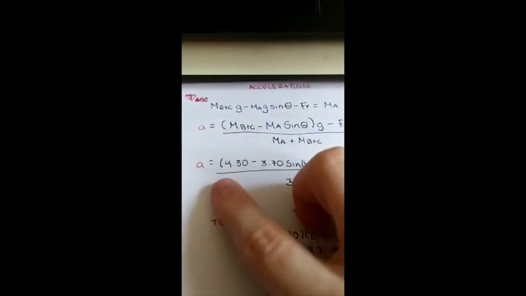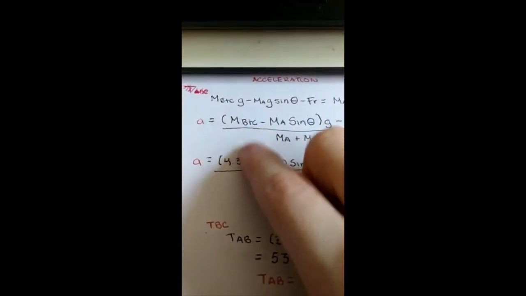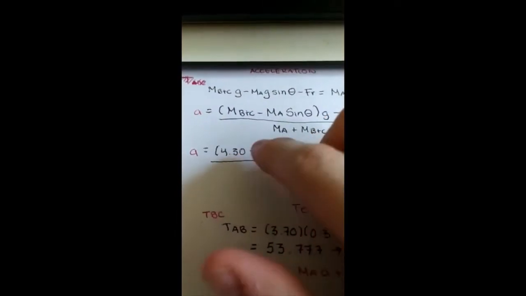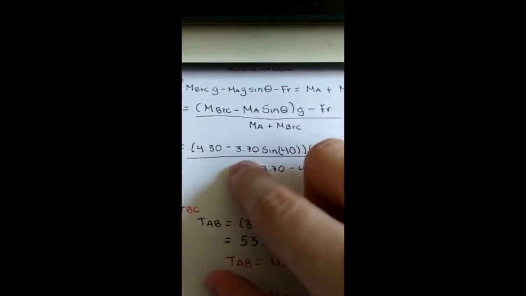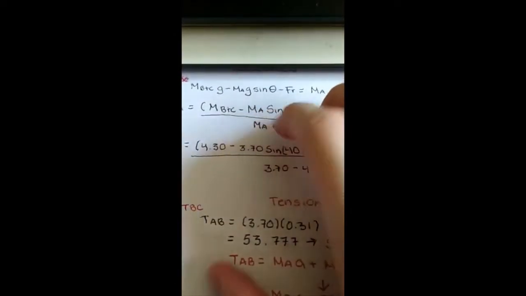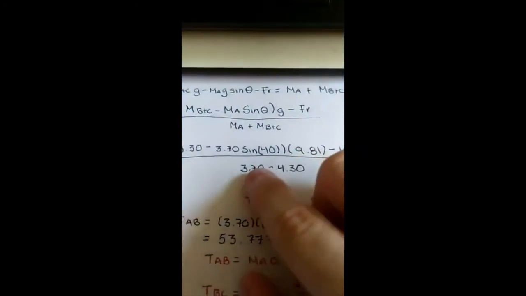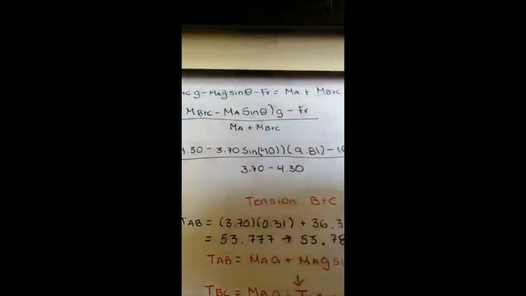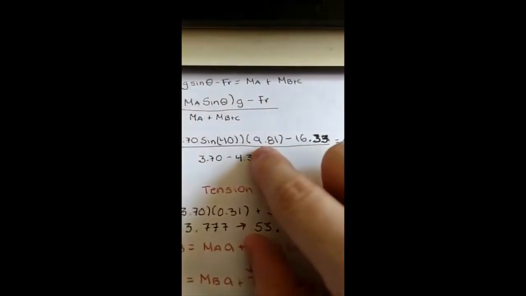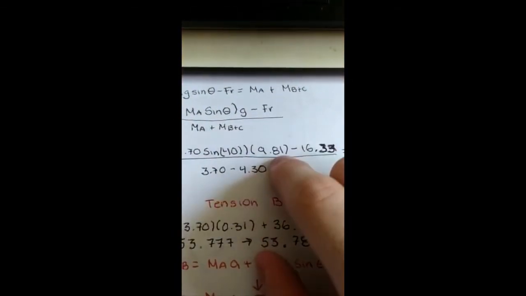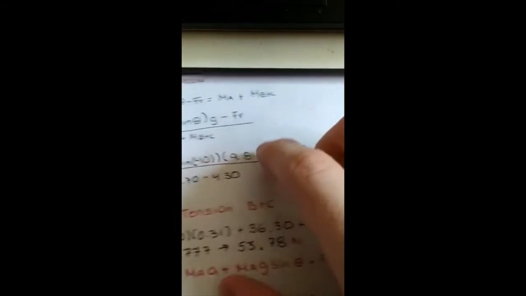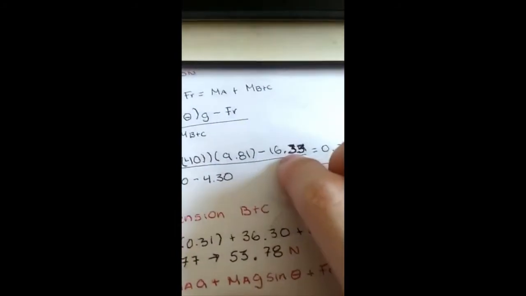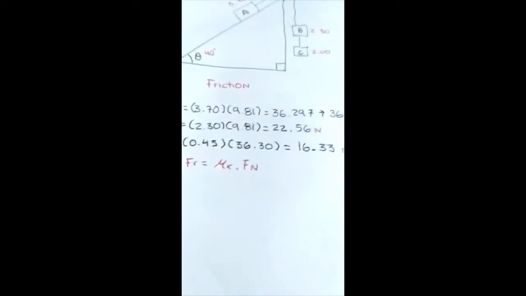Oh my god, yeah, it's B plus C, so it's really super easy. Minus 3.70, it's the mass of A. Sine of 40, which we already have in the problem, multiplied by 9.81, which is the gravity, minus the friction, which is 16.33. It's right here, we already did that. That's the friction,